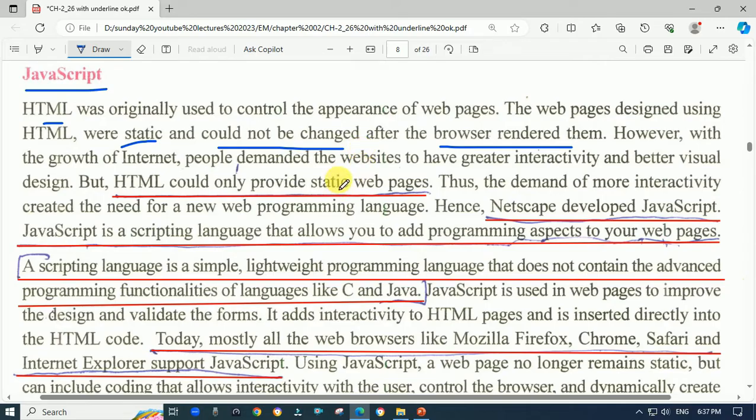In short, you create the static web page. If you want to add styles, then CSS is used, and if you want to create an interactive web page with better visual design, then you use JavaScript. The demand for more interactivity creates a need for a new web page programming language, and it was developed